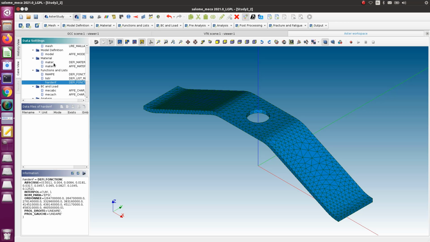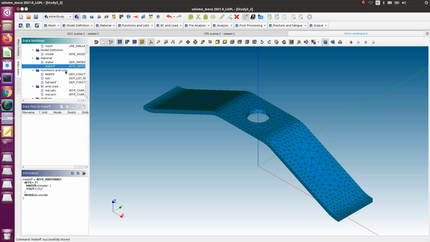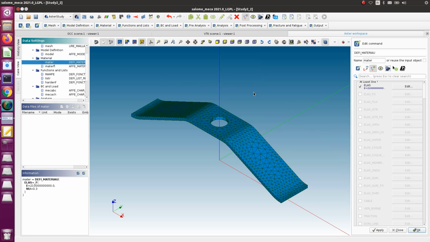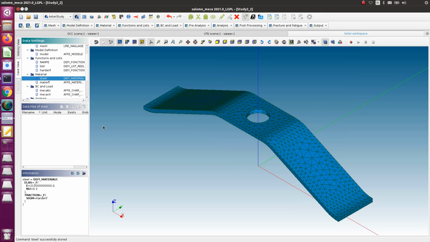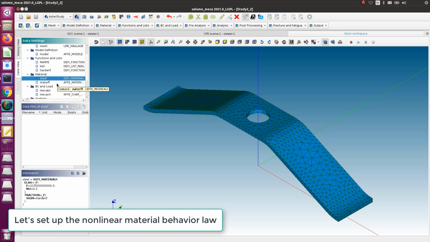So let's go into my diffie material. And I can actually change the name. Let's call that steel. And I need to add some traction. So let's find the traction keyword. And let's add my hardening function here. Okay. So I have it here. So I now have my